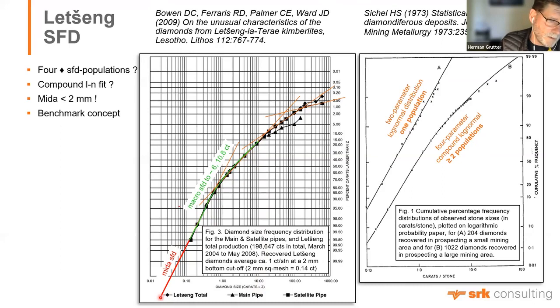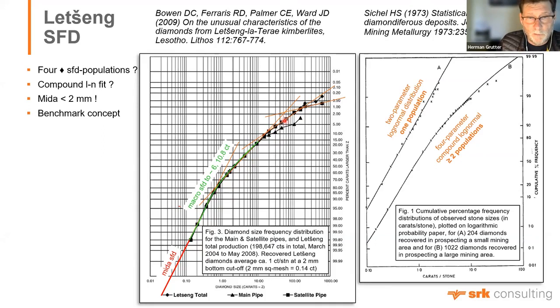And if you then integrate your microdiamonds with your macrodiamonds from your bulk sampling program, you will get a curve that has a step function in it over there, and it starts bending towards a coarser stone size distribution over there. And if you use that as a benchmark and do a propagation of it, then you might have a chance of predicting a part of this curve over here, but you will definitely not